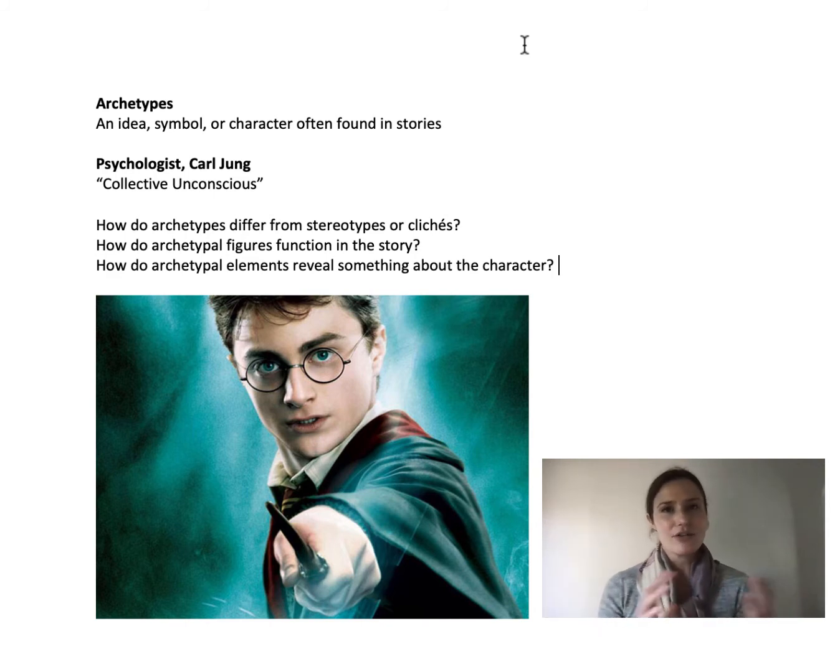Now, hopefully there's a difference between an archetype and a cliche. So an archetype might be something like the mad scientist character that we see in so many stories and in so many films. But we also have characters or patterns in literature that are a little bit cliche or overused or kind of tired, like the man who has a midlife crisis who goes out and buys a convertible red fancy car. So there is some overlap between archetyping and stereotyping or cliches, but ideally archetypes introduce you to a